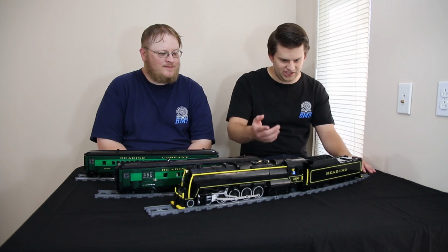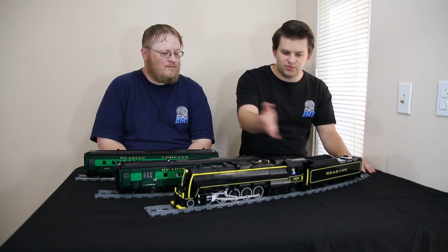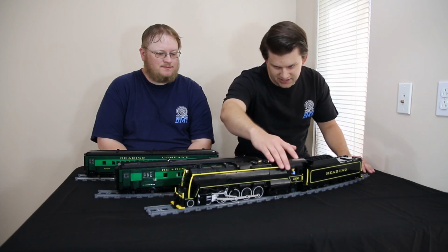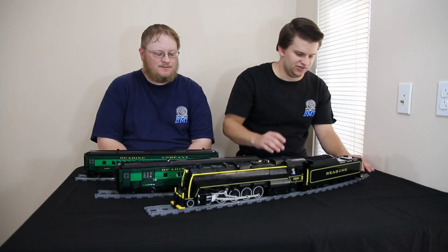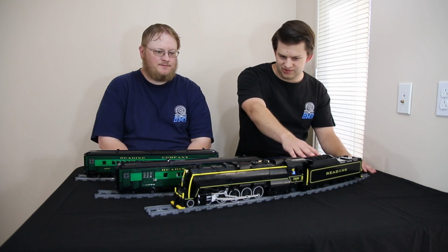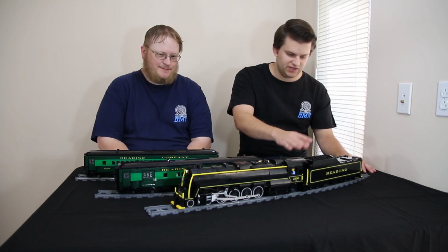Right off the bat, you can notice the super sharp yellow striping, the yellow handrails and grab irons and details like that. This is the Reading Rambles specific paint scheme. Yes. So the difference between